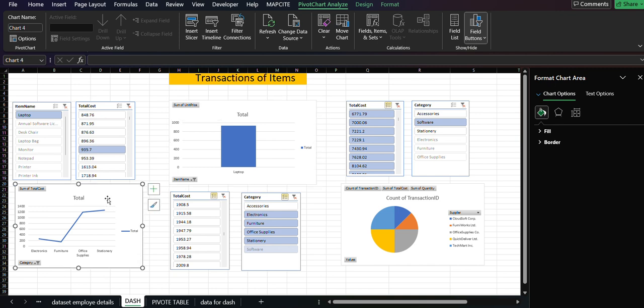In this other graph, again there are two slicers, in which the total cost and the categories are there. What is the category, and what is the total cost of the accessory. In categories there are some categories mentioned: accessories, electronics, furniture, office supplies, stationery and software, and their price and total cost is mentioned on the other slicer, which is